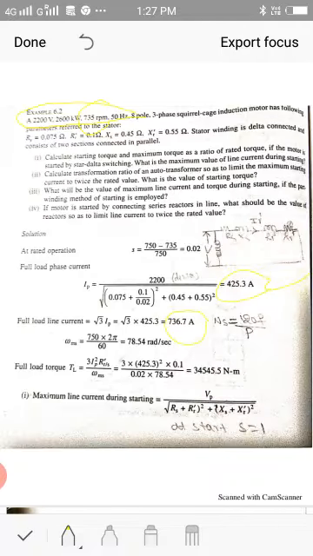Okay, so I am going to calculate this omega ms. Omega ms, you know that synchronous speed ns is 750 rpm. If it is converted into radians, I am going to get it as 78.54. Okay, so full load torque TL is given by this equation: 3 ip square rr dash by s divided by omega ms. Okay, this equation is derived when studying the performance of an induction motor.